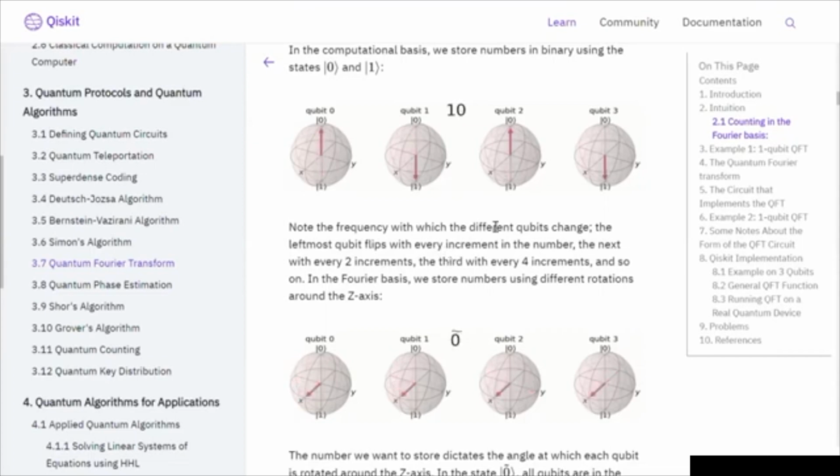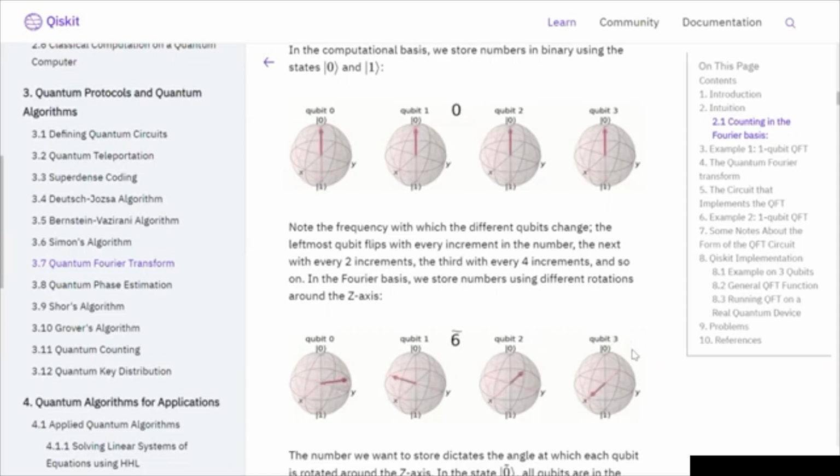And here you can form the intuition that in the above picture we have bits going from 0 to 15 in the computational basis, that are zeros and ones. You can see these are flipping from zeros to ones and again to zeros to ones. It's either 0 or 1, there's no in between. But when you come to the Fourier representation of these states, so if it's 8 tilde, it means the Fourier transform of state 8.